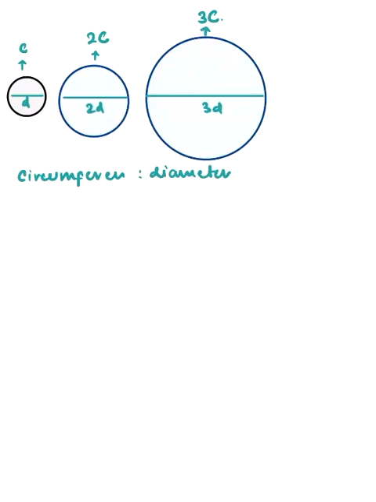Between the diameter and the circumference, which would be bigger, longer in length? If you had to go from this point to this point, this is the shortest distance. So obviously even half of the circumference is going to be bigger than the diameter, and the entire circumference is much bigger. But the circumference is roughly 3 times bigger than the diameter. Actually, it is slightly greater than 3 times.